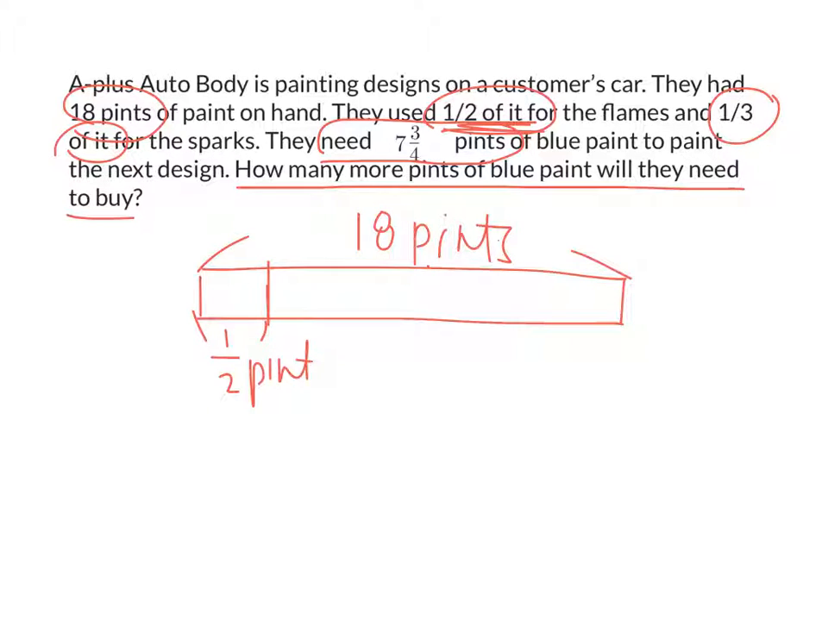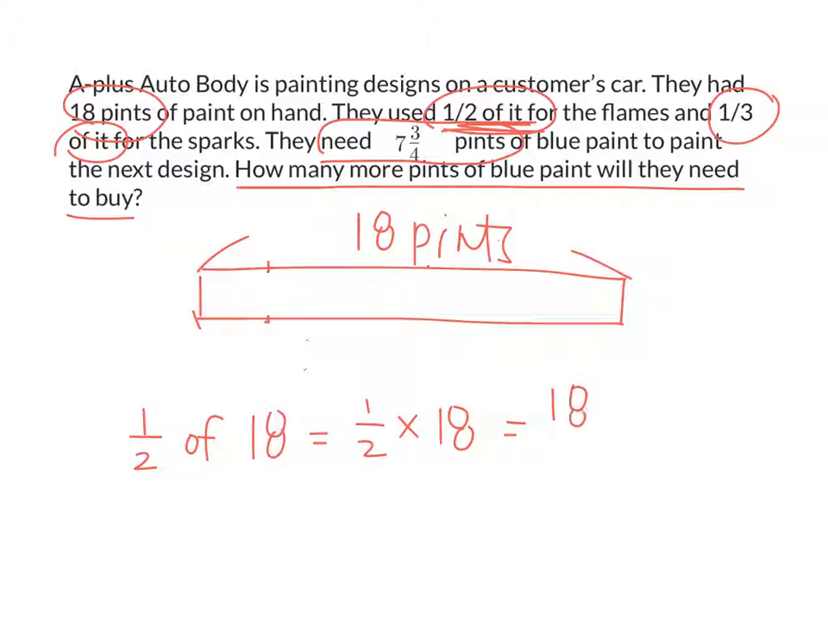That is not correct. Instead, what we need to do is we need to first figure out what is half of 18. How can I figure out what is half of 18? I can write 1/2 of 18, which is the same as 1/2 times 18, right? Which is the same as 18 times 1 over 2, which is what? 9. So over here, we can show here that they used 9 pints